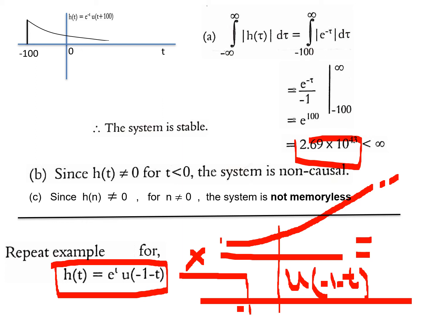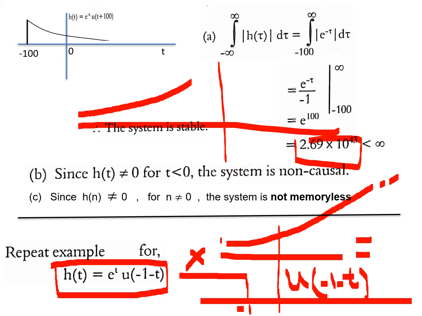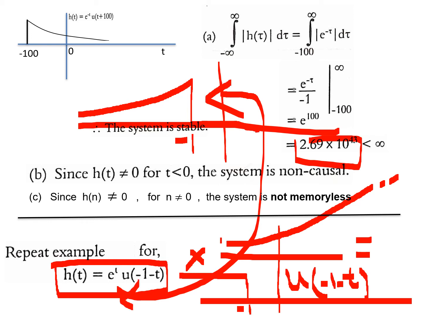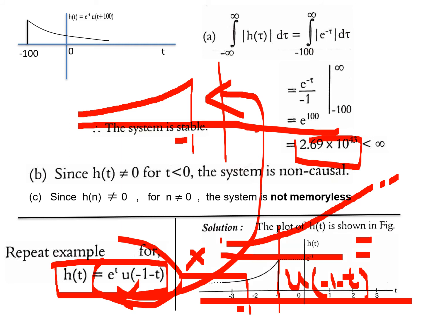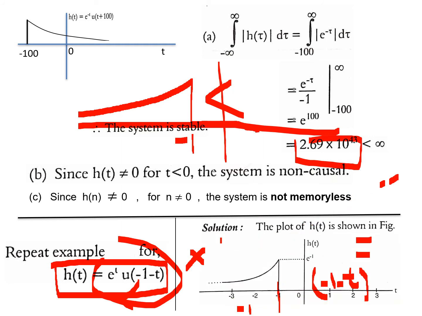When you multiply these two, I think you'll get a graph like this. It is increasing, then suddenly becomes 0, that is at minus 1. This is the graph, this is the equation. Let us see. Yes, it is, same as what I expected. Same thing I am getting. You understood the procedure, no?